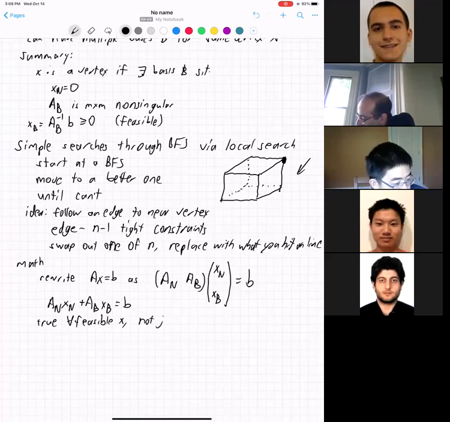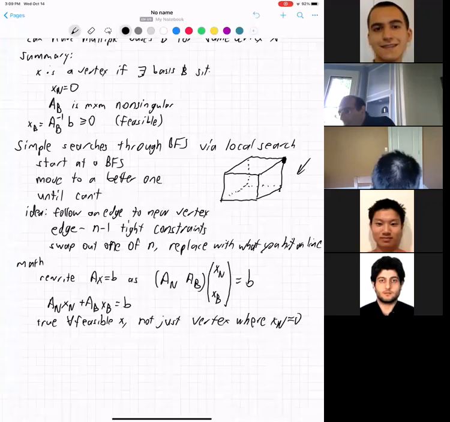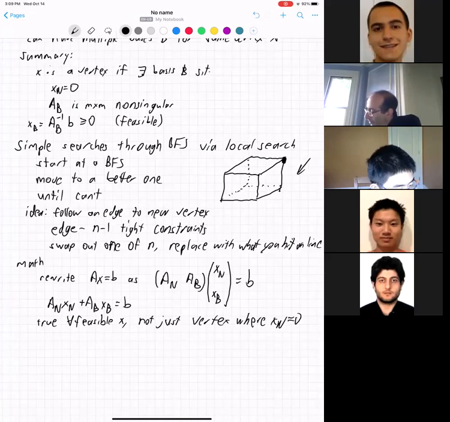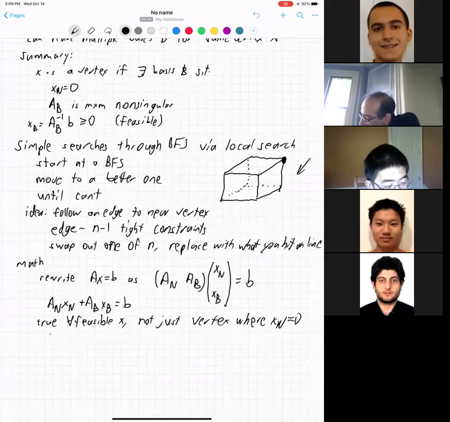Not just the vertex. Okay, so the vertex is the point where xn equals 0. But I can use this formula anywhere. Okay, and in particular, I can also rewrite this by saying that